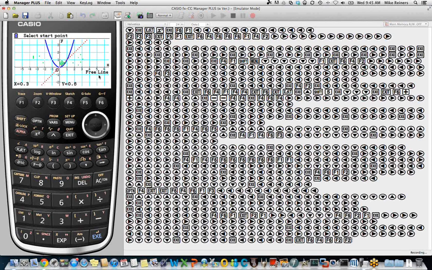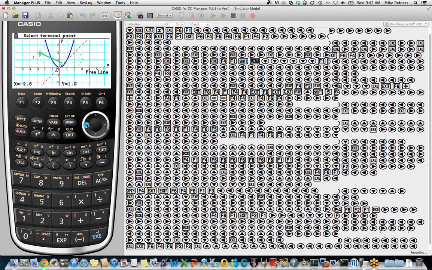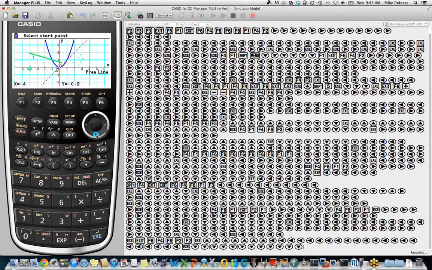Fline stands for freehand line, and here's a reminder of that. Select starting point, and this is much more what you might think would happen when you select a line command. You're actually not drawing a line, you're drawing a line segment. And once again, we're back to our Etch-a-Sketch idea.